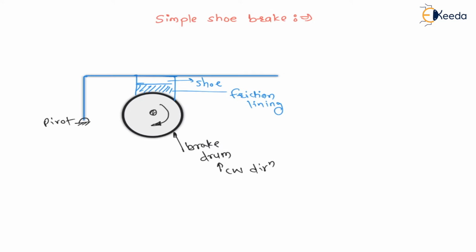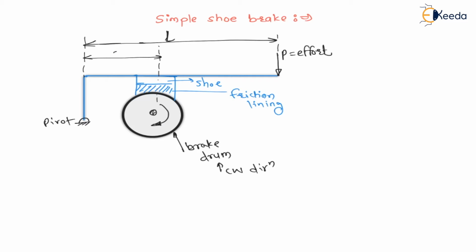Now at another end we are applying effort, force P. This P is the applied effort for braking purpose. Now let us say the distance of effort from the pivot is L, and the distance of normal reaction from the pivot is X,